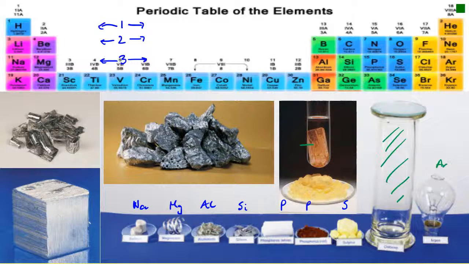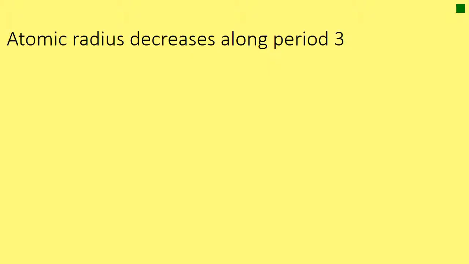I think what we're going to start with now is have a look at the trend in atomic radius as we go across from sodium all the way across to argon. So here's an actual statement of the trend. The atomic radius as you go across period 3 decreases, so it actually gets smaller. Which might seem odd because certainly the mass of the atoms is going to increase as you go along. You're adding one proton and neutrons as well as you go along. So the mass is going to increase, but the size